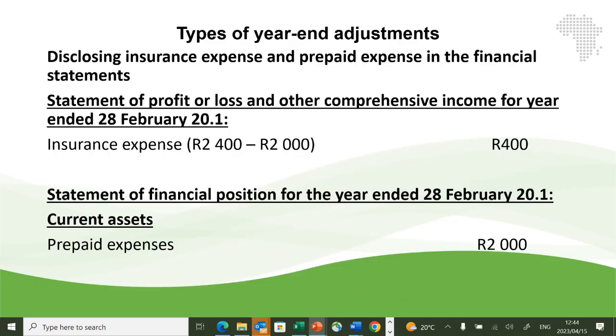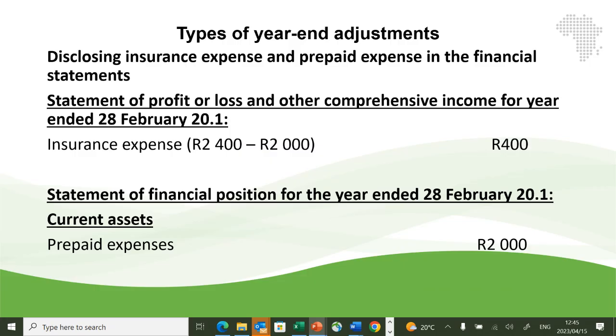So then how do you disclose this insurance expense and prepaid expense in a financial statement? We have two statements here. The first one is a statement of profit or loss and other comprehensive income. In the statement, only income and expenses are recorded here. So we know that we had insurance expense. Our insurance expense, initially we paid 2.4,